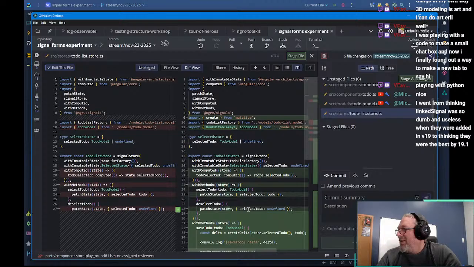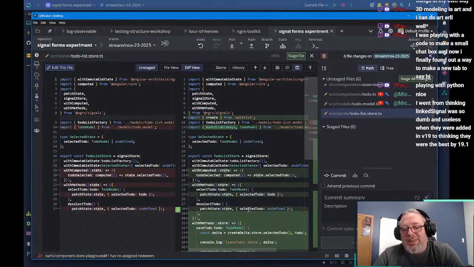I went from thinking linked signal was so dumb and useless when they added it in V19 to thinking they were the best by 19.1. And I agree with you, Michael. When they first came out with linked signal, I was like, well, can't you just do that with a computed? That doesn't make sense.